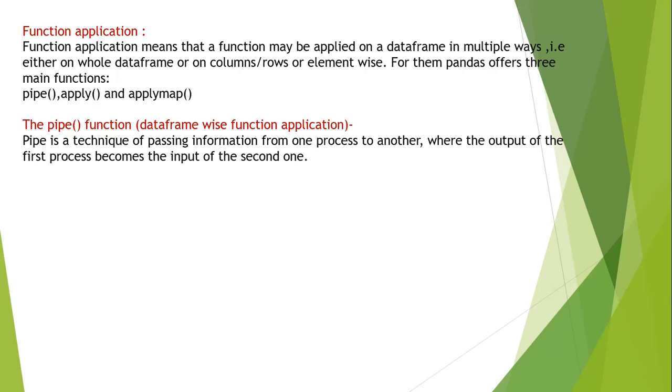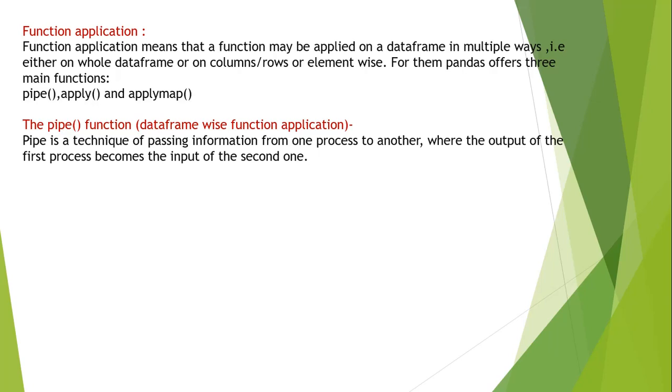Now what is the meaning of this? Suppose you have an example, 2 plus 3, into 5. So 2 plus 3 is in one bracket and then you multiply it with 5. Then you have to take the addition result first. First of all you add 2 and 3, which gives the result 5. Now this 5 is the output of the first operation. It will be taken as an input for the second operation, and this 5 will be multiplied with 5 again to produce a result of 25.